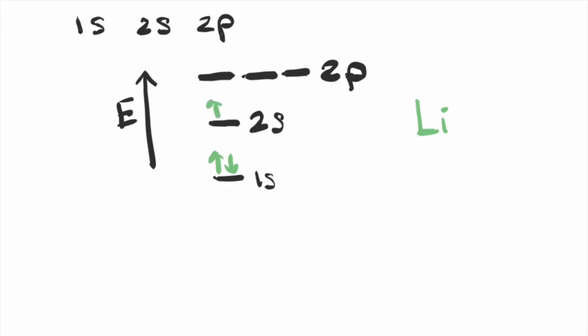Let's try this again for carbon. Carbon has six electrons. So how can we draw its electron configuration? Two electrons in the 1s orbital, two more electrons in the 2s orbital. Because electrons like to be as far away from each other as possible, we don't want to put them in the same orbital unless we have to. In this case, because the p orbitals are degenerate, we can spread out the electrons throughout each p orbital. So instead of having two electrons in one p orbital, we can have one electron in each of two p orbitals, leaving one empty p orbital.